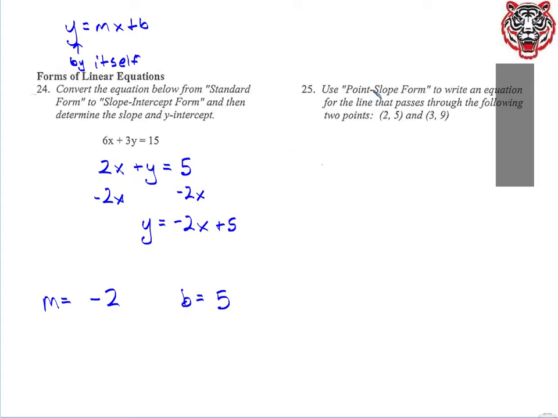All right. Point slope form. Give me the general equation. We have it in our notes already. The general equation for point slope form is y minus